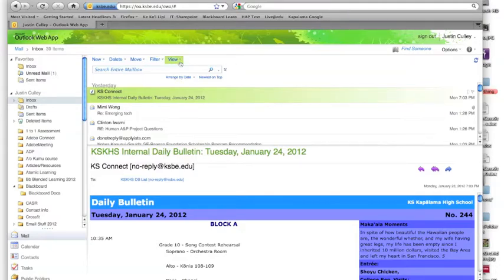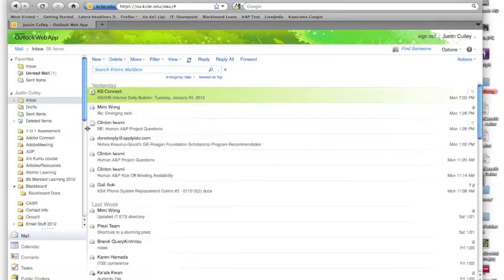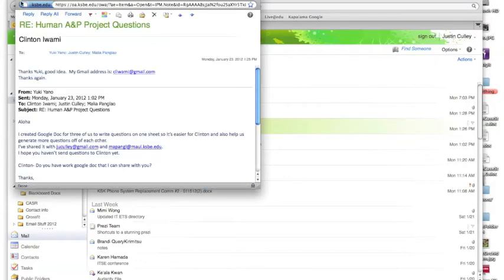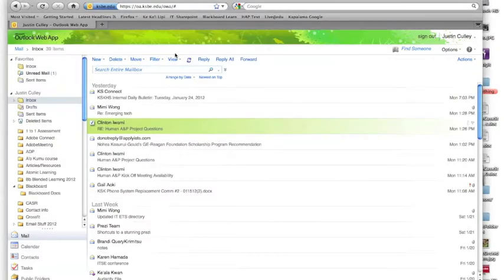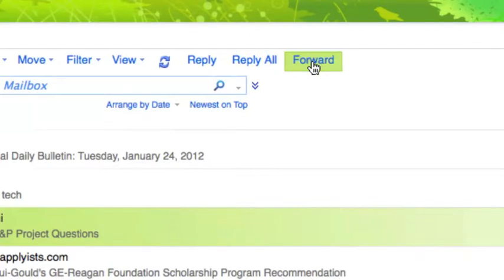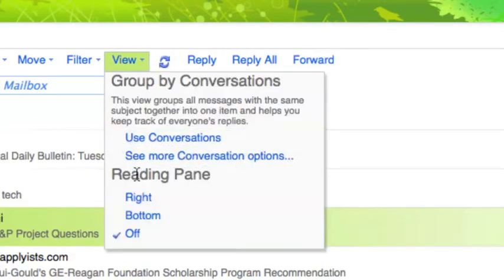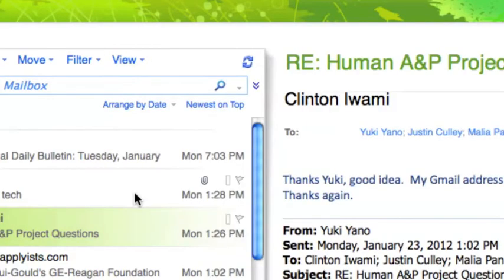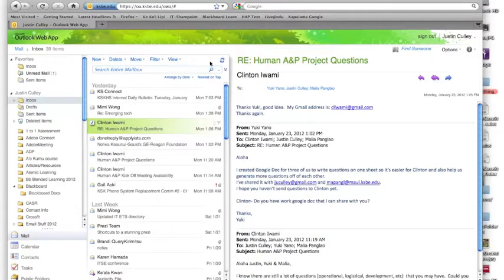If I go back to view and I click off, it will make it so that all you see are the folders and the list of messages, and in order to see the messages themselves, you just double click and it pops up. Either way, I tend to like it. Oh, by the way, when I clicked it off, notice I get reply all and forward at the top as options that weren't there before, and that's because there's more space. Don't worry, if you change the view and I go back to either right or bottom, those three options disappear, but don't worry,